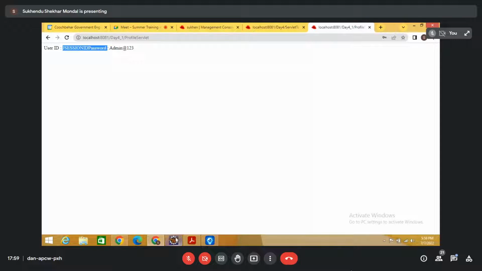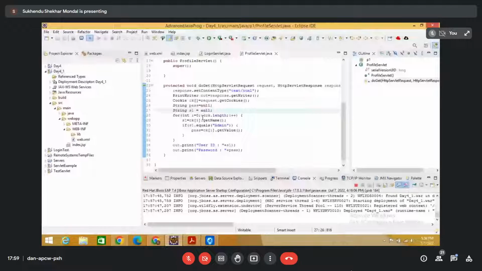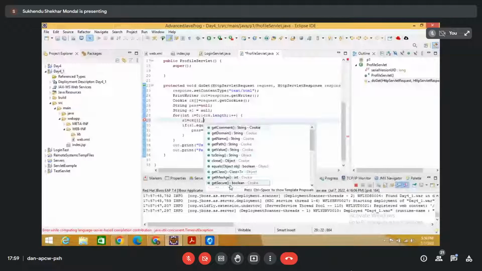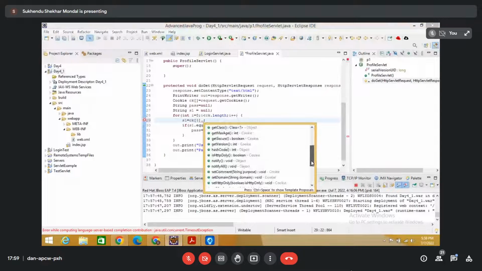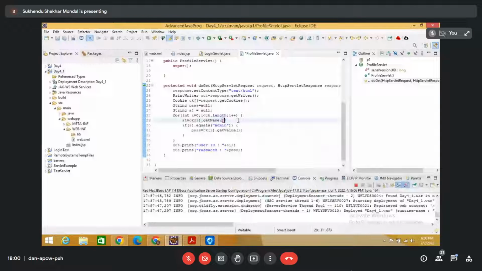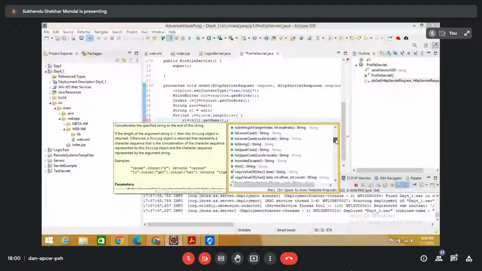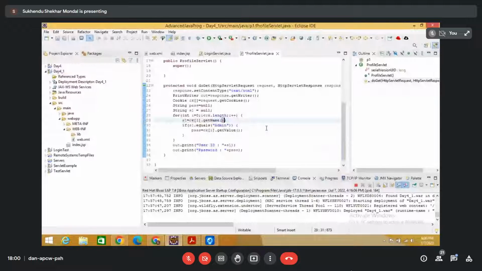এখানে কোনো এরর হয়েছে। ওকে, এরর বলতে কোনোভাবে চেঞ্জ হয়ে গেছে। এটা ফর i equals to 0, i less than ck dot length, i plus plus, cki dot get name। এটাকে যদি আমি করি cki, এর কি কি আছে, গেট ডোমেন, গেট নেম, গেট পাথ, গেট ভ্যালু, গেট ক্লাস, গেট ম্যাক্স এজ, গেট সিকিউর, হ্যাশ কোড। আচ্ছা, এটা তো গেট নেমই আছে, আর তো কোনো মেথড নেই। গেট নেম ডট ভ্যালু আছে নাকি, ভ্যালু। না, ঠিকই আছে। এটা কোনোভাবে একটা গার্বেজ নিয়েছে, এটা দেখতে হবে পরে।